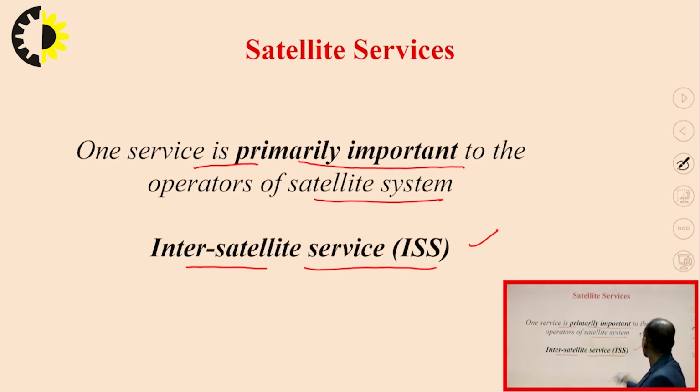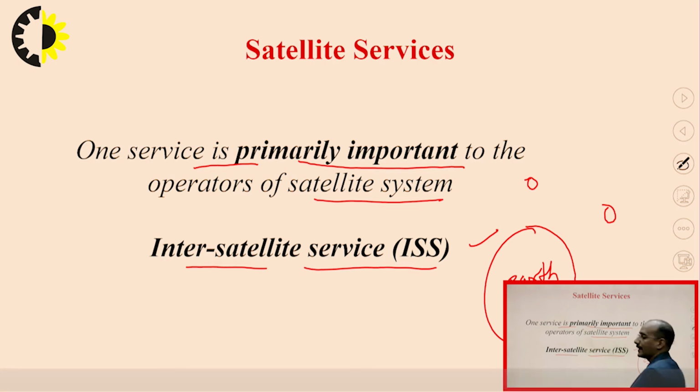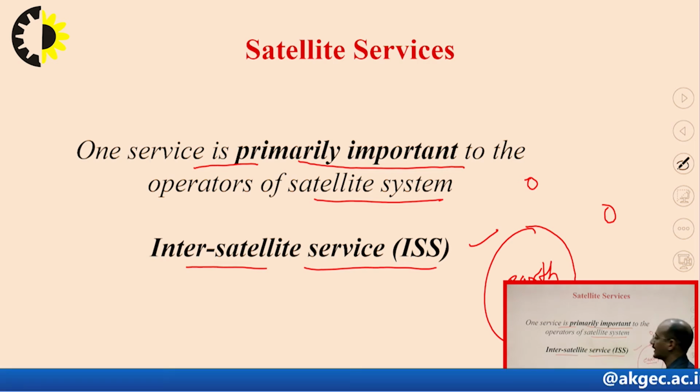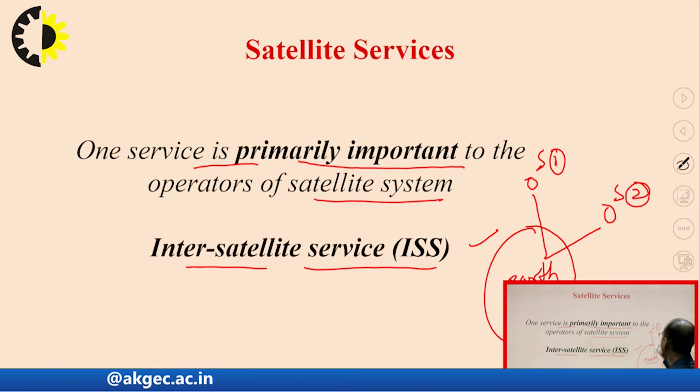And if one satellite is this, second is this, and this is the Earth. If a satellite wants to track the data of another satellite through the Earth, it will create unnecessary time delay, because in that case satellite 1 will first send the data to the Earth or ask for the data about the satellite 2 location. Then the Earth ground station will send that data to S1. This will create a delay,